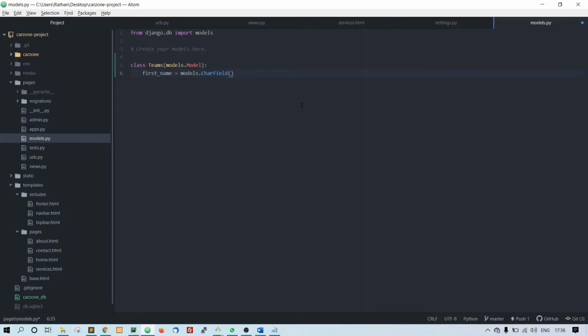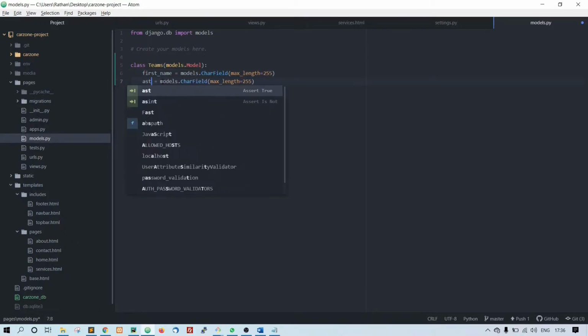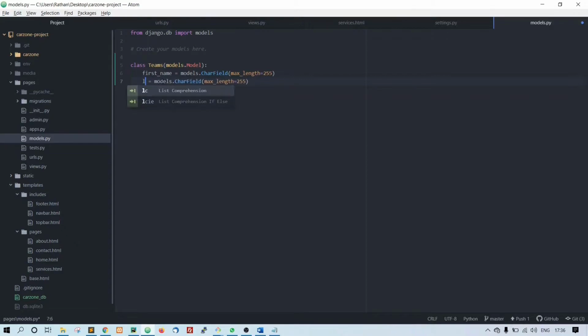Let's give it a max length of 255, and the last name, copy here, last name, and we need a designation equal to models.CharField max length equal to 55.